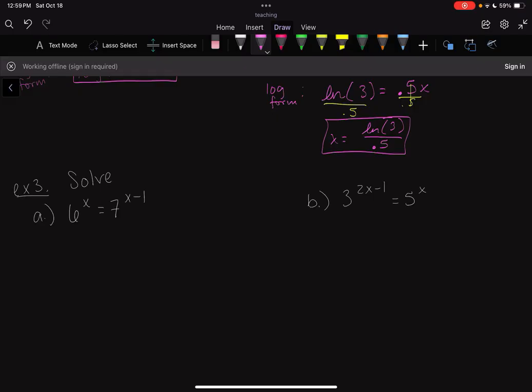So this one uses a really similar idea to what I left off with in the last video we did, where we introduce log to both sides. The reason we want to do this is because if we can introduce log to both sides,